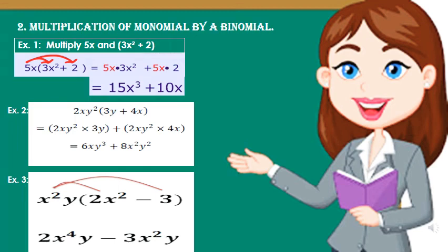And what is the sign here in the binomial? Minus. So write the minus sign as it is. Then again multiply the monomial with the second term. 3 into x square y is nothing but 3x square y. Hope all of you understood how to multiply a monomial with a binomial. So we can recall the steps. First you should distribute the monomial to both the terms of the binomial. Then whatever sign is there in the binomial, that should be written in between. After that you will proceed with the steps whichever you have written. Hope you all understood this.